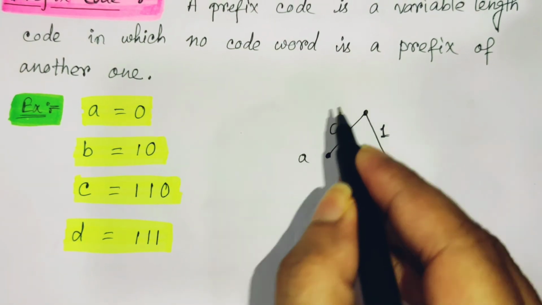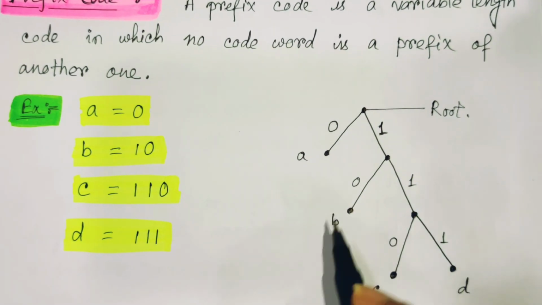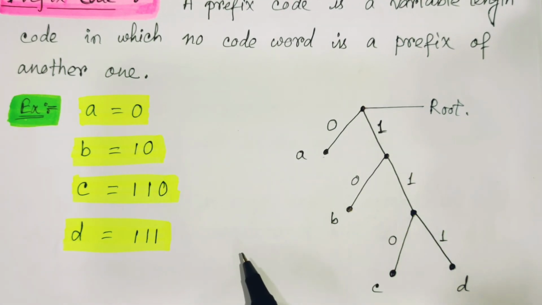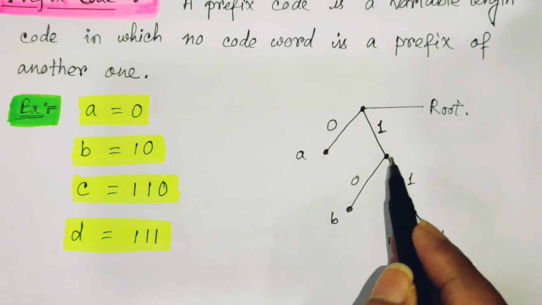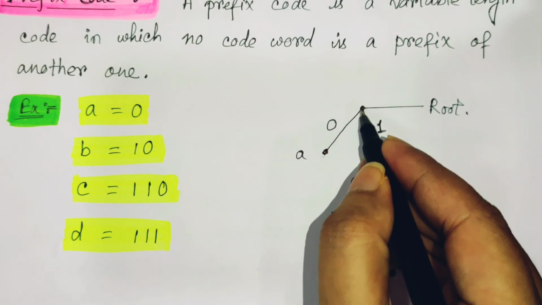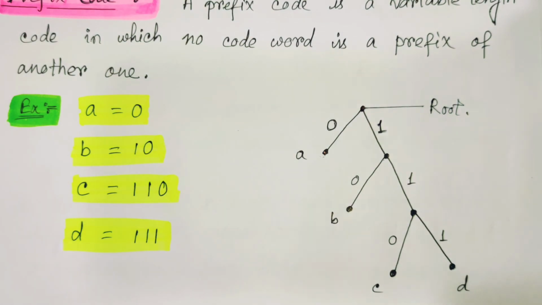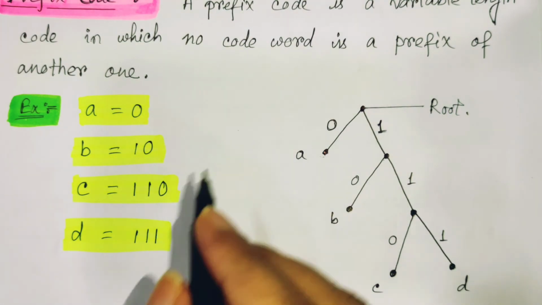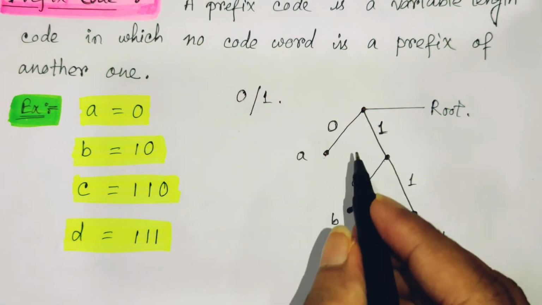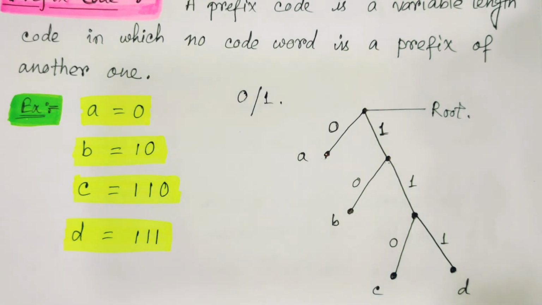First, this one is the root vertex. Now from here, we take two child vertices because this is a binary tree. So definitely we should get two child nodes from this root vertex. This one is the child node with the edge 0. As it is a binary tree, always two children will be there. So these two children are always denoted by 0 and 1. The left side is always 0 and the right side is always 1.